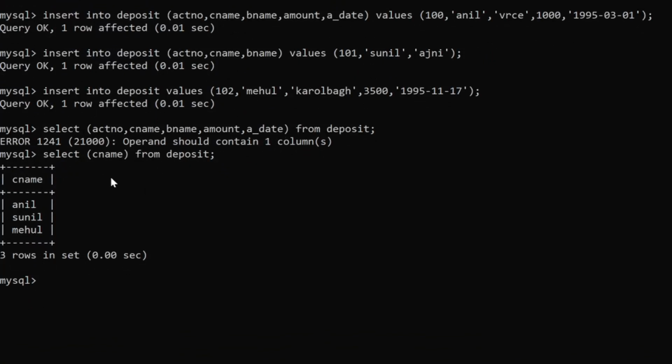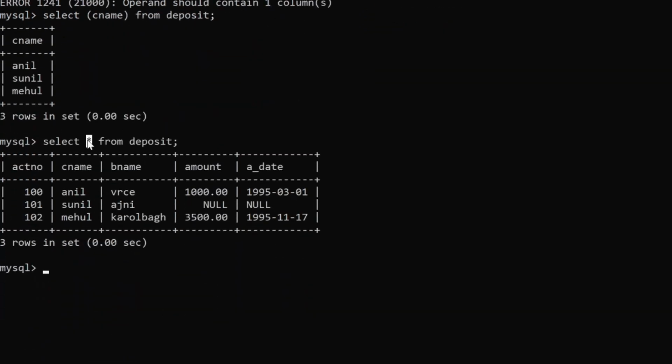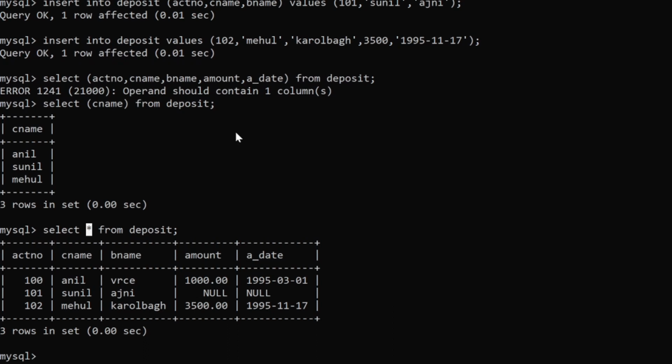So this is how the select command works, but we have to see the whole table, right? For that we will write select star from table. So I will write select star from deposit. Here star works as the name of all the columns.